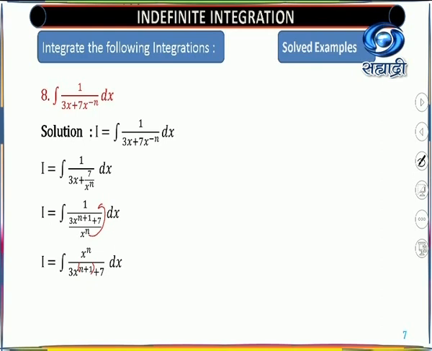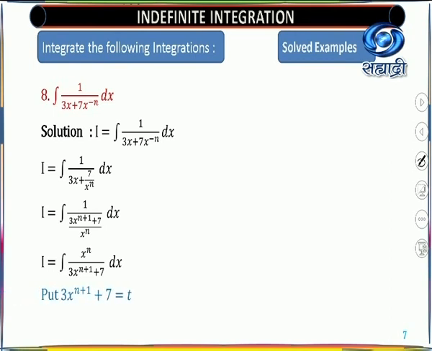Now, if we substitute for the denominator, you know that this is a constant, so the derivative is 0. This you are able to take outside. Anyway, you are able to adjust the constant. But what will be the derivative of the variable? The derivative of the variable is n plus 1 times x raised to n. Now look at here. This variable is already there and n plus 1 is again a constant. So you are able to adjust that also. So we need to substitute in the denominator only, t. So we'll substitute 3 into x raised to n plus 1, plus 7, equal to t.